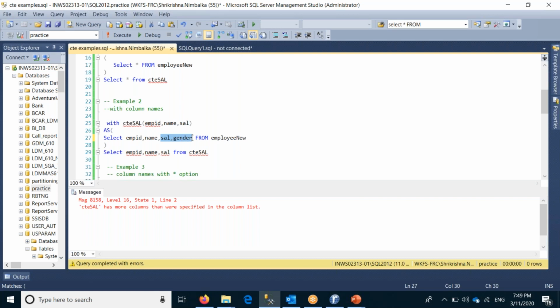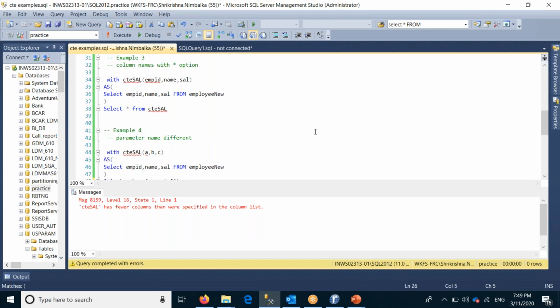Also, suppose I selected two columns from the table, but I wrote three for the CTE, then also it will give an error, because the number of parameters and the number of selected columns are different.